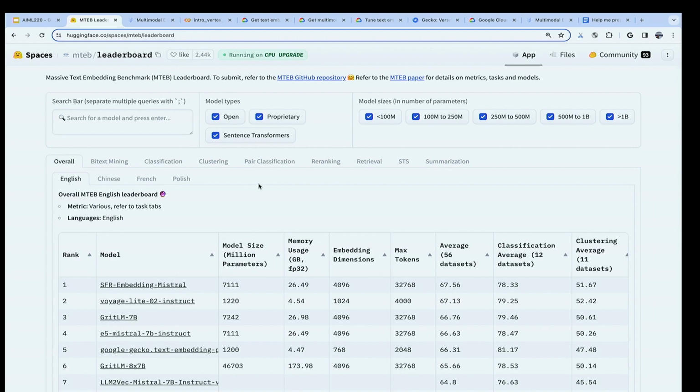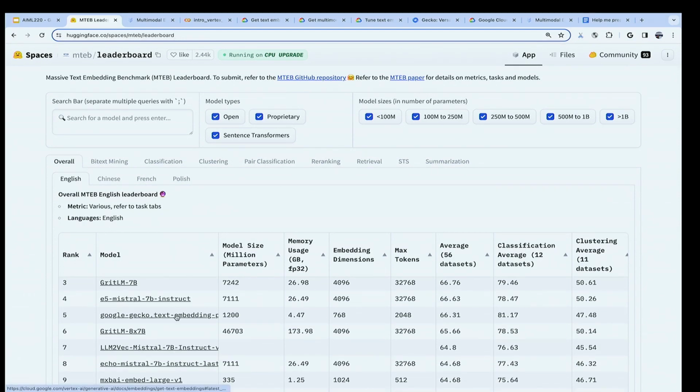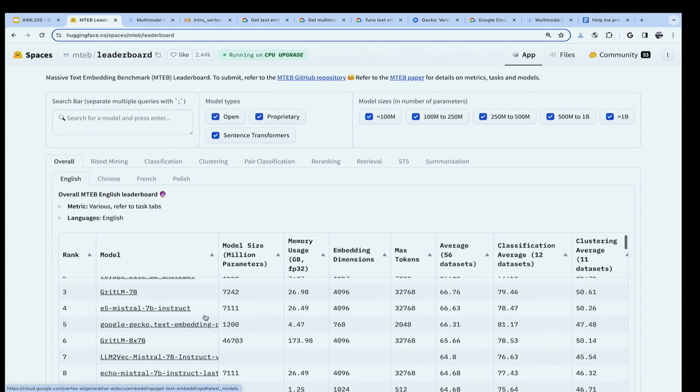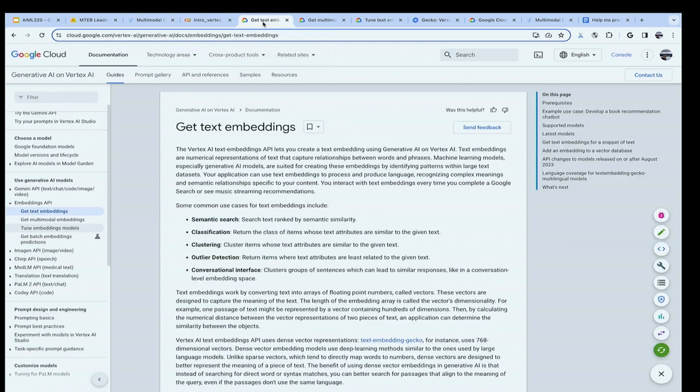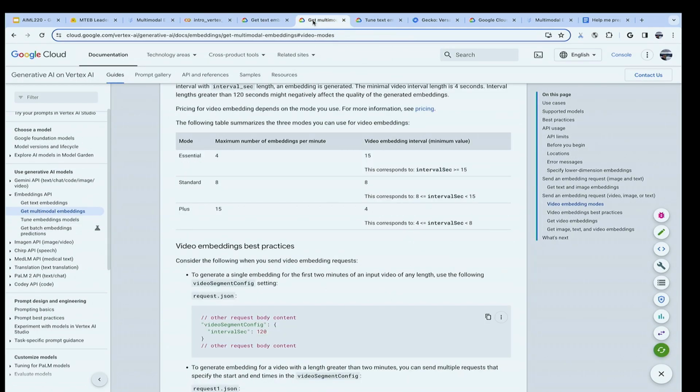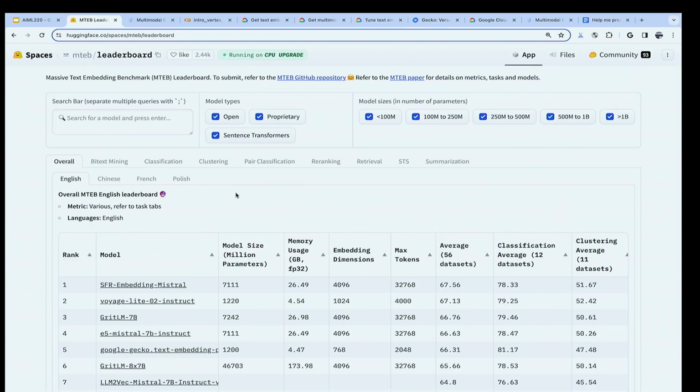Now, before I switch, I just wanted to show you a quick demo of the MTEB leaderboard. So this is the MTEB leaderboard, and like I said, Hugo is going to talk more about it. But we are here, number 5. This is our model, Google Gecko Text Embeddings. And when you click it, essentially you see everything in our documentation in terms of how to use it and what it enables and things like that. Now, going back to the slides,